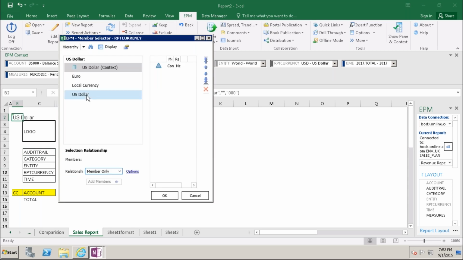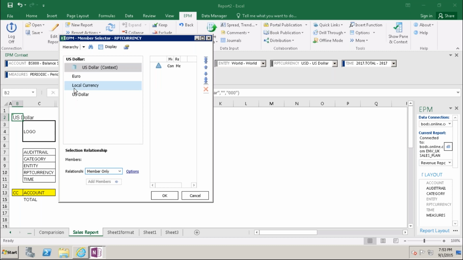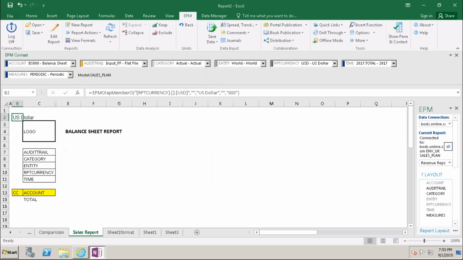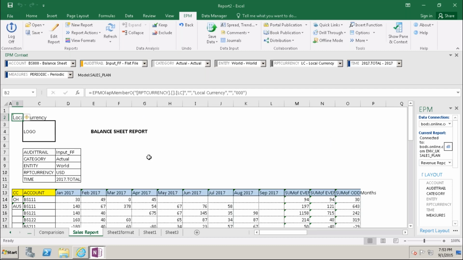If I'm going to select as LC, sorry, it is not here. If I'm going to select as LC, okay, LC, okay, refresh.